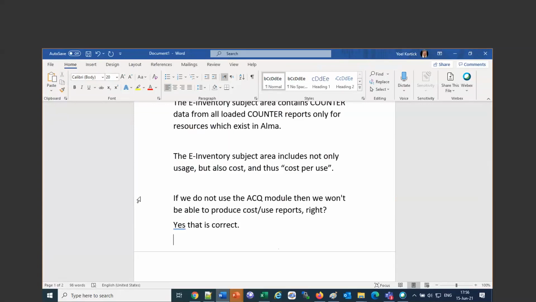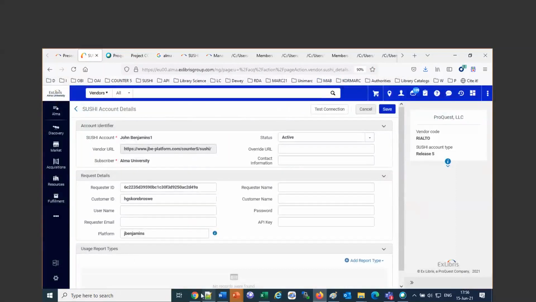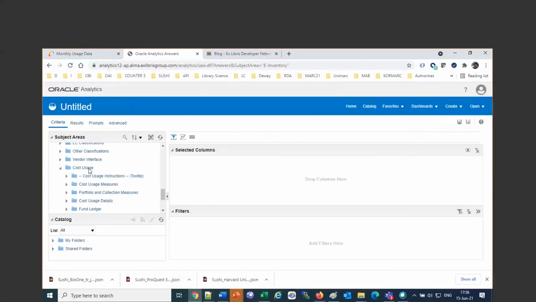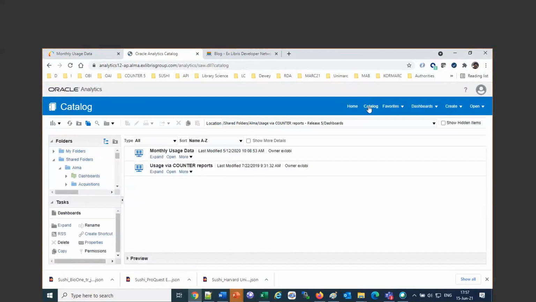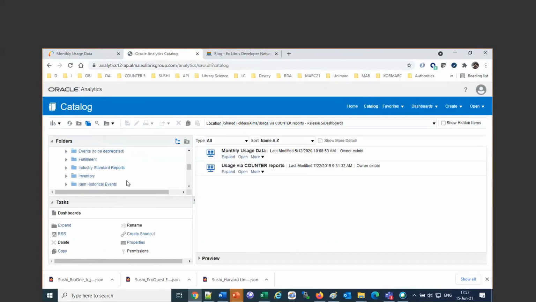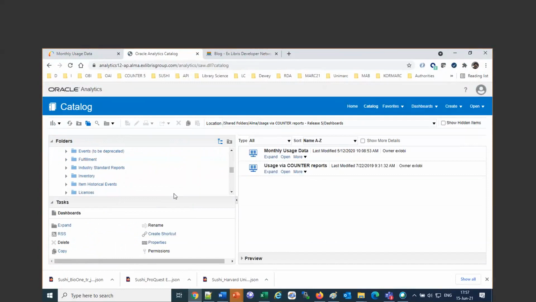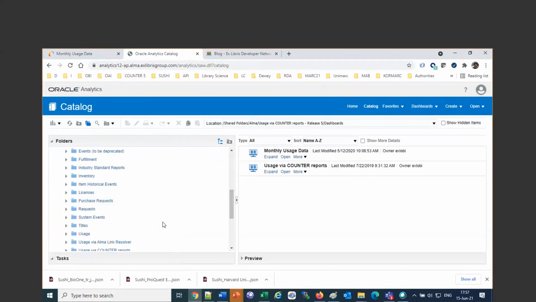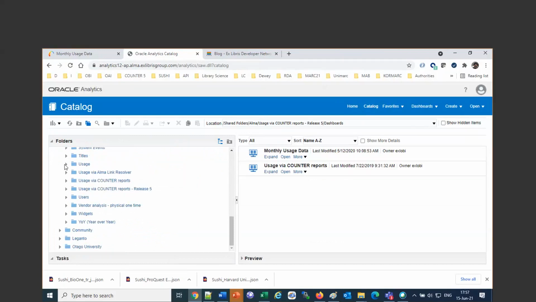Okay, let's go on. So this is the e-inventory subject area. This is the section with cost usage. And let's go now and look at the default reports that we've got for that. So here we are in the regular Alma folder that we were in before. And here we've got under e-inventory, let me make this a little bigger and this a little bigger, and these a little smaller. Okay, so we looked now at the usage via counter reports. And then we've also got